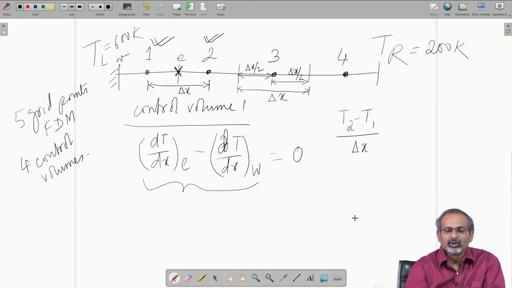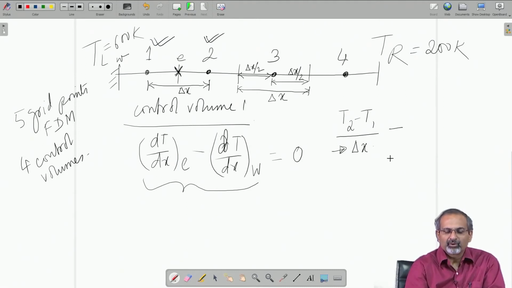So, if I look at 2 adjacent nodes, then the distance between 2 adjacent nodes will come from 2 such delta x by 2 contributions, and therefore, the internodal distances will also be equal to delta x. So, that is the basis on which we write delta x here,